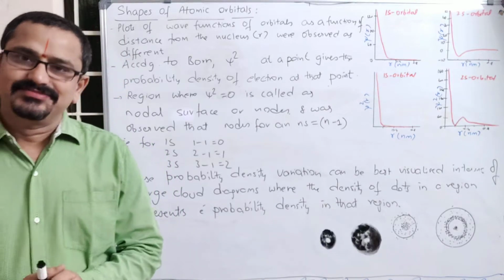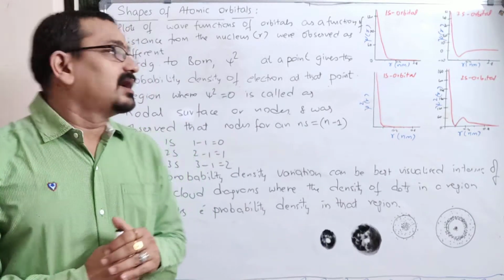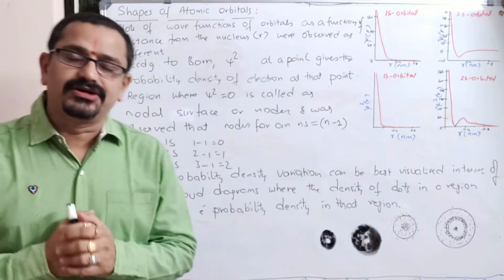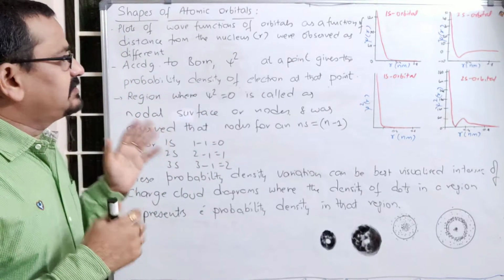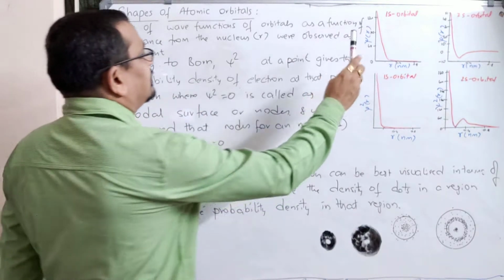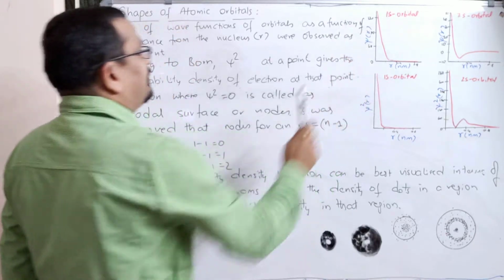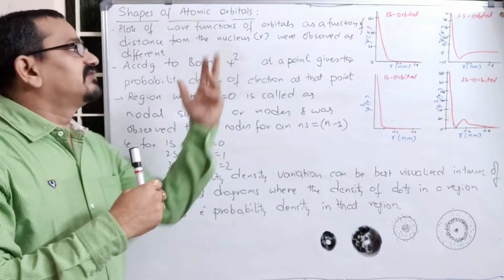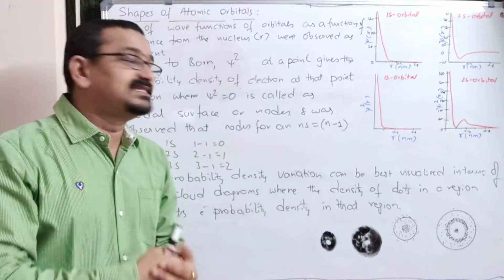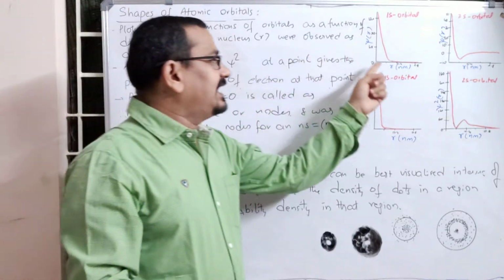Good morning, students. In this class, we will discuss the shapes of atomic orbitals. When plots were drawn between the electron wave functions of orbitals as a function of distance from the nucleus, r, against the distance,